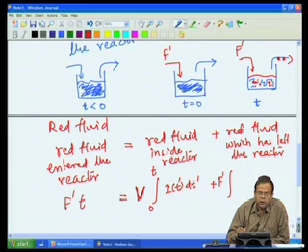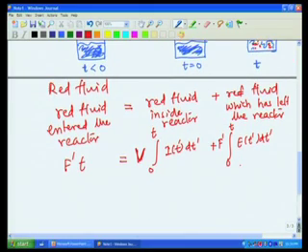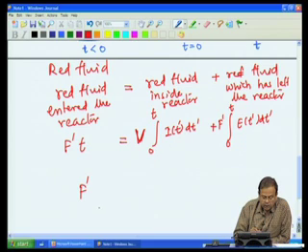So, the fluid elements which have left the reactor up to time t is the cumulative age distribution, right. So, if I differentiate this, I get f prime